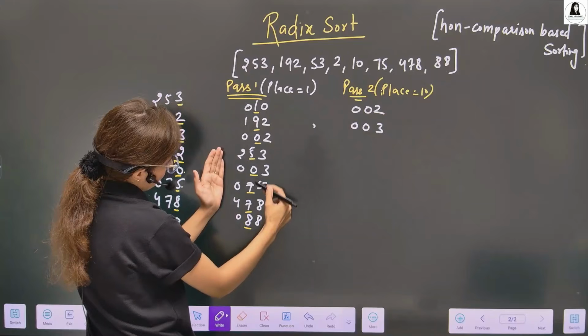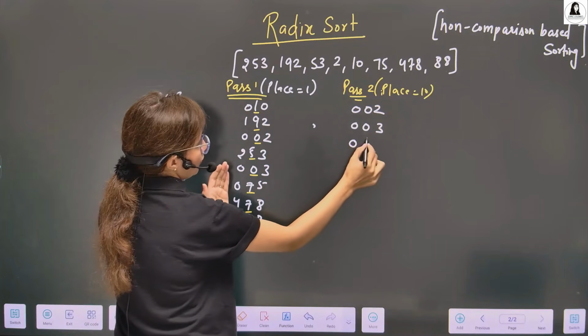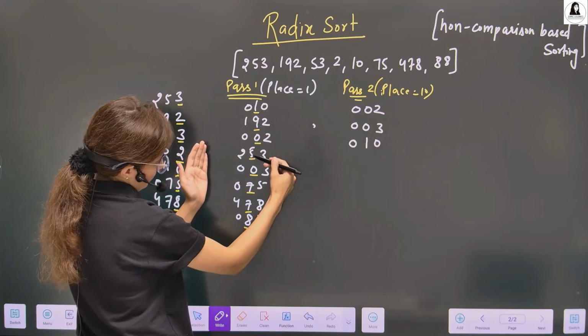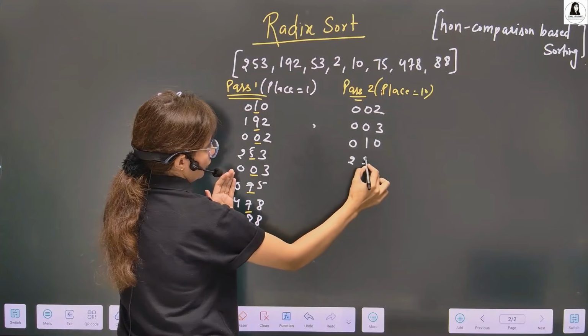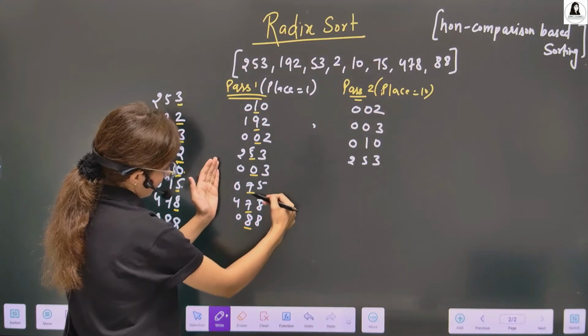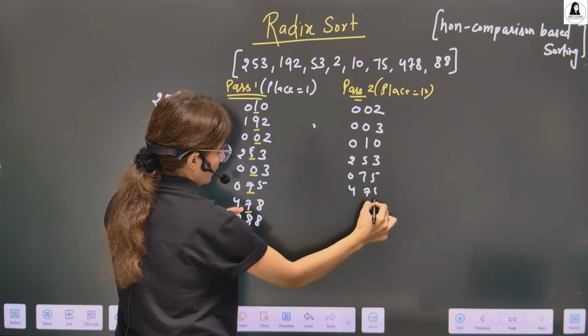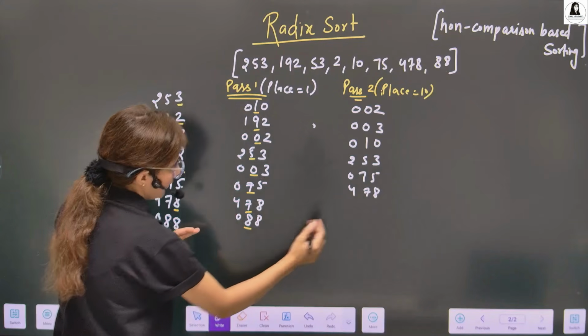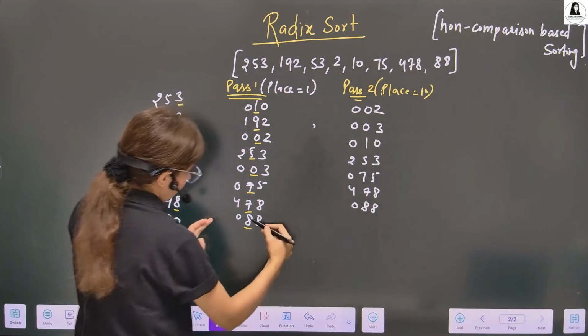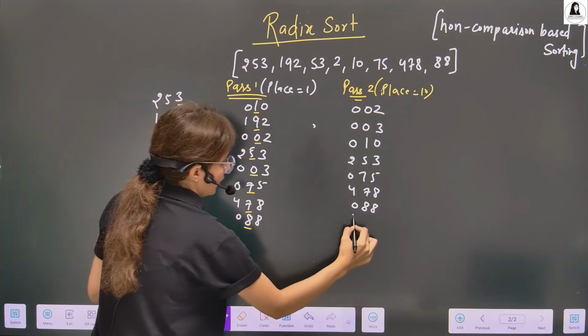After that we have 1, so 010. Then 5, 253. Then 75 and 478, with 75 first. Then we have 8, so 88. Then we have 9, 192.